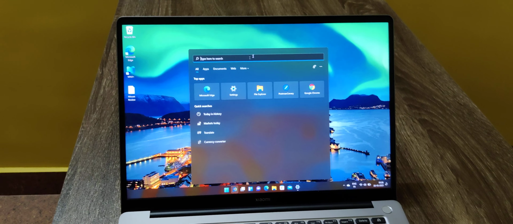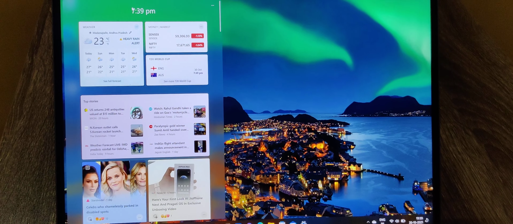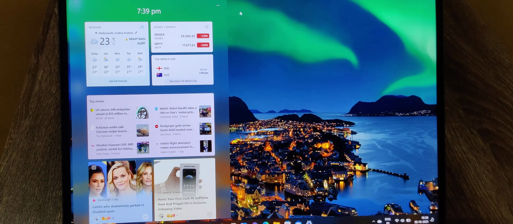And this is the default widget section, which is a brand new one coming with Windows 11. Here a bunch of widgets will be shown. For example, weather, market details, and the current ongoing sports, followed by top stories in your locality, etc. So this experience will be highlighted more when you use the PC for a long time. This experience will be even more personalized. And we have Microsoft Teams pre-installed with this Windows 11, which is a new version 2 of Microsoft Teams.